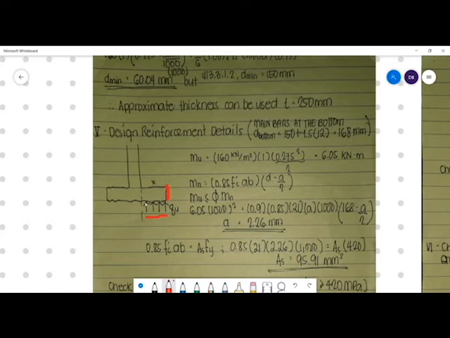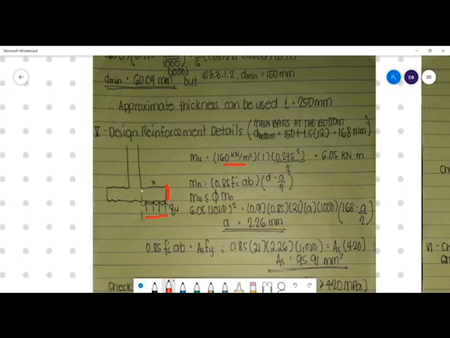And this is the value of x, which is equal to the dimension minus 0.25 over 2. That is equal to 275 millimeter. So we compute Mu. Mu is equal to 160 kilonewton per meter squared, that is your Qu, multiplied by 1 multiplied by